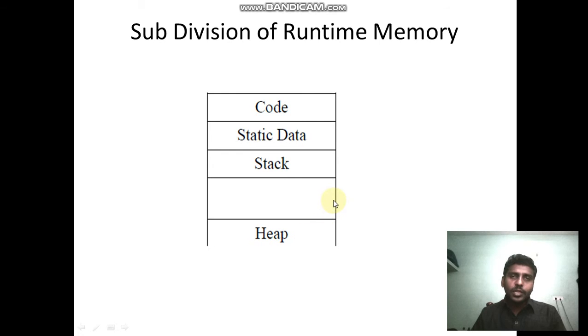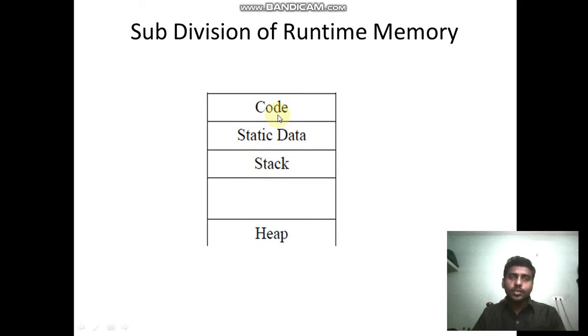Normally the operating system divides the memory in this way. The first part is code memory, the second part is static data area memory, and then stack, free space, then heap memory. The code and static data are static memory space, and the stack, free space and heap are the dynamic memory space.